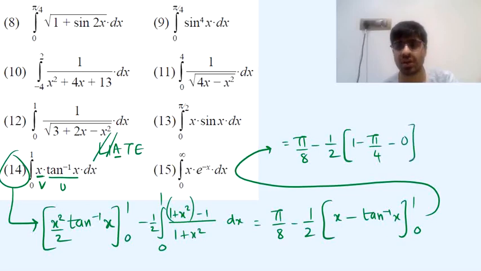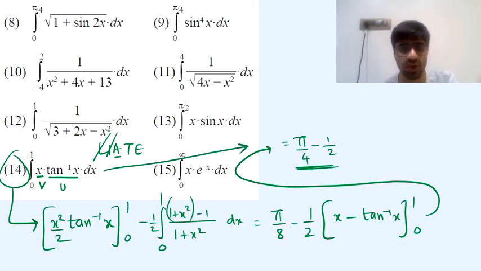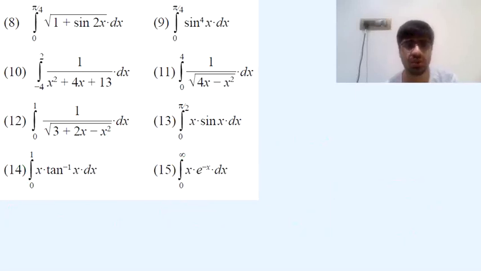So in the end you have a minus 0, and it's okay if we don't write that. So if we expand this, we have minus half and plus pi upon 8. So minus half plus pi upon 8. Pi upon 8 plus pi upon 8, that is 2 pi upon 8, which is equal to pi by 4. And yeah, pi by 4 minus half, that's the final answer for the 14th question. And with that, we proceed with the last 15th question in this video.